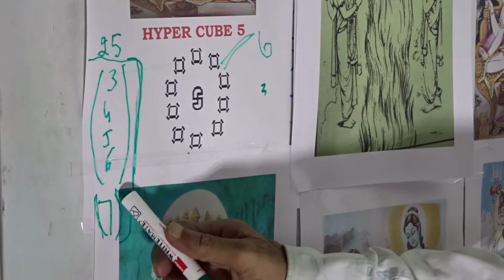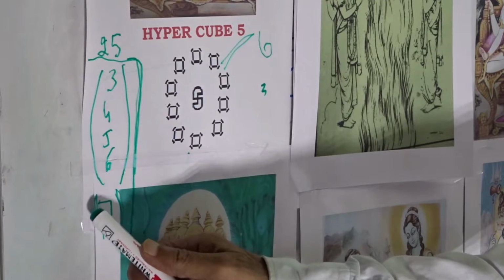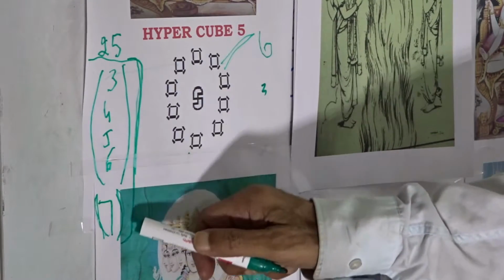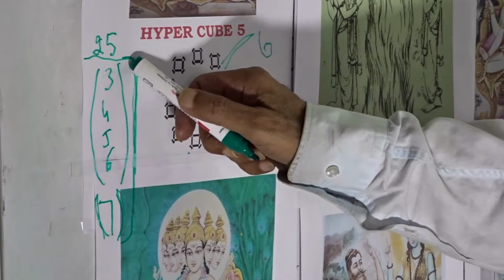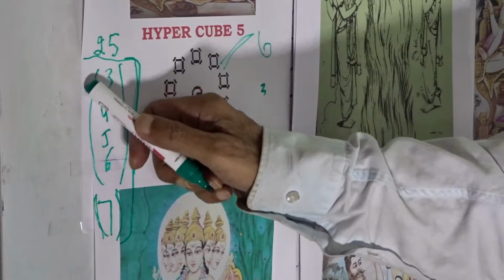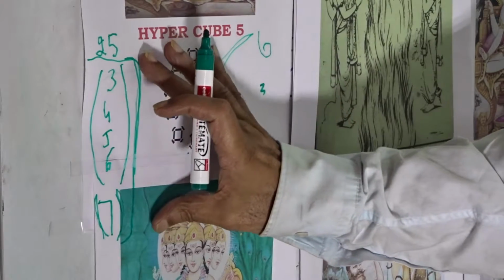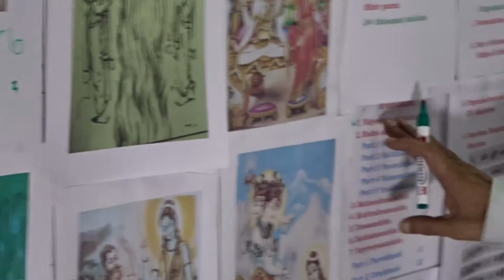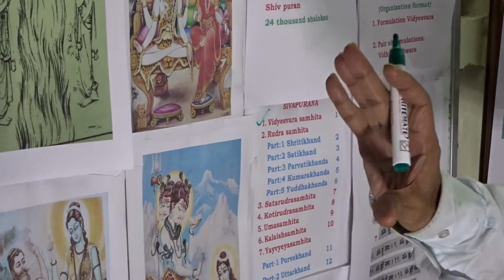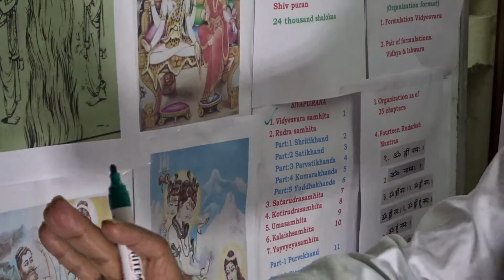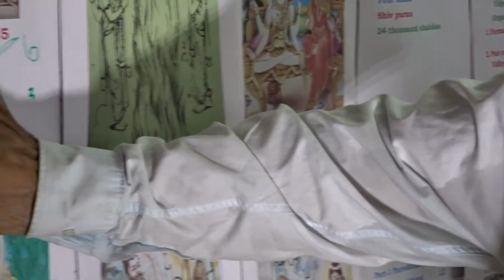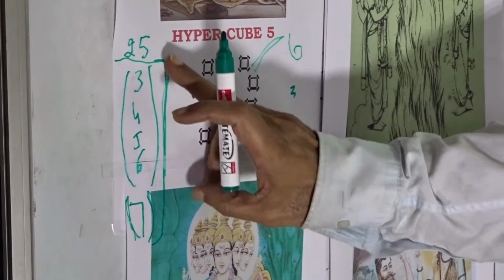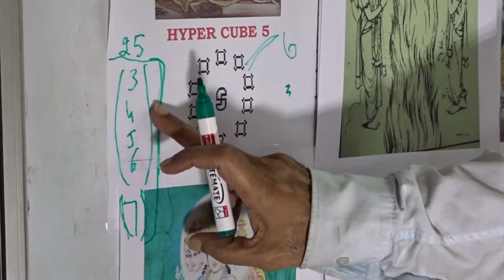Therefore, we have to start with the base fold, which here is of value 7, and from this base fold it becomes of a total value 25, and like that the organization of Videshwar Samhita will take us sequentially to the 25 steps